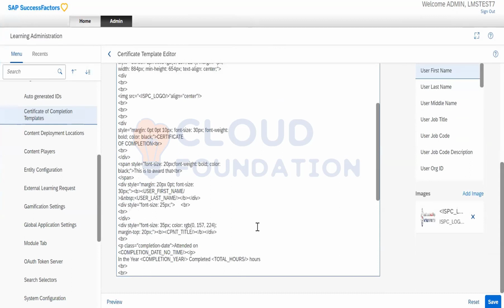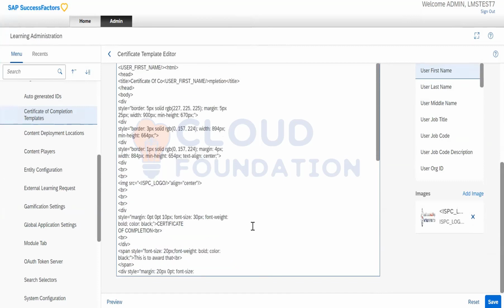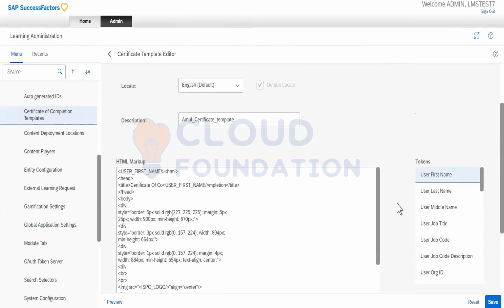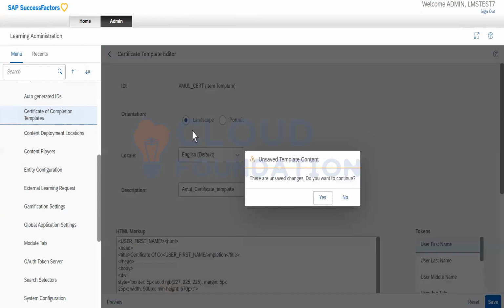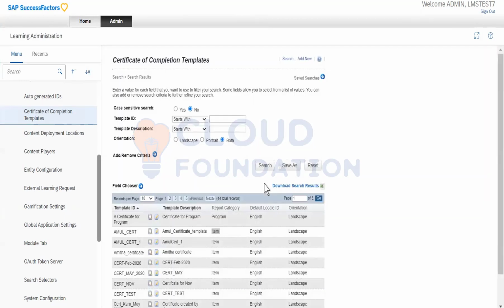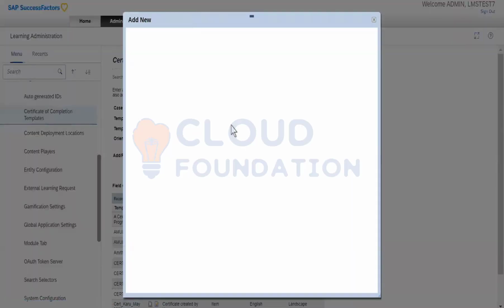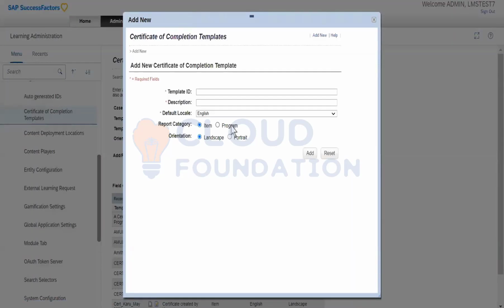Am I making sense when I talk about the certificate? From here you will be able to change it. Just that we need to use an HTML format versus a user interface where you can see it and just change it. So I do that. I don't want to change it, so I go here. What if I want to create my new one? You click on add new, simple. You give it